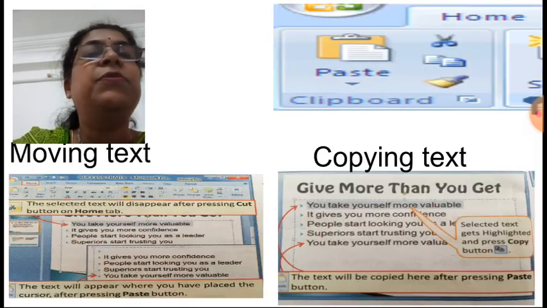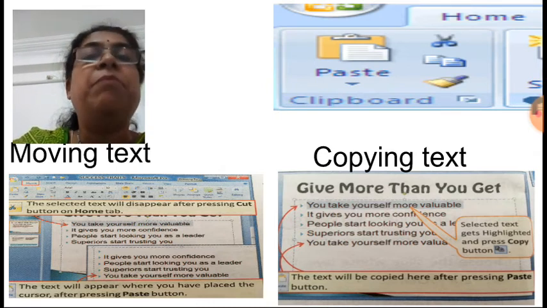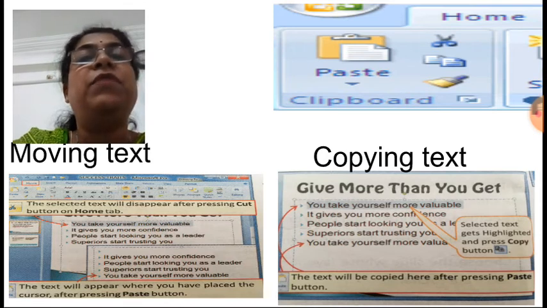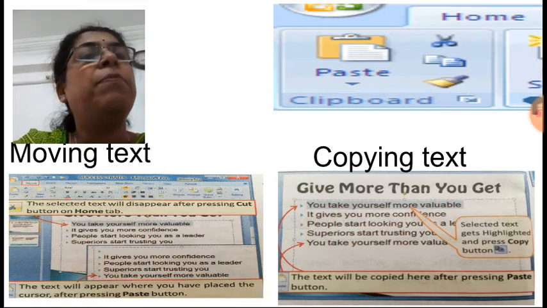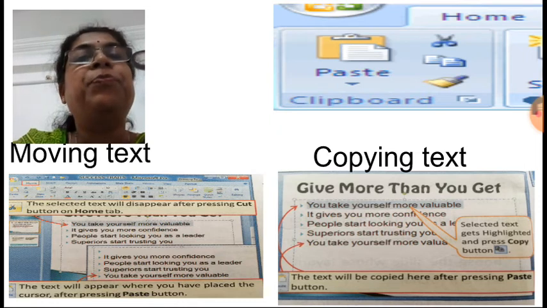Okay, after this, now we'll see, suppose we want to move the text from one place to another, or we want to copy the text, means we want to make a duplicate copy of the text. Here for moving, the cut option is used, and for copying, the copy option is used. For that, first you have to select the text which you want to move or which you want to copy.